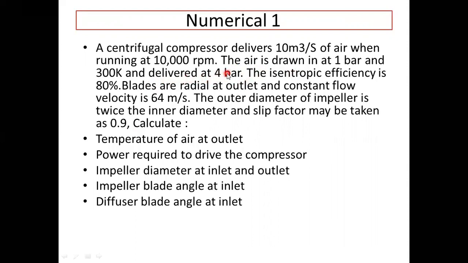Means these are purely static properties. Okay. So in some of the numericals, they have mentioned the ambient conditions. Ambient condition is always the stagnation condition. While discussing the TS diagram, we have already studied all these things, where the temperatures are static, where the temperatures are the stagnation ones. Okay. So in this case, the properties are given as static. Okay. So there is a T1 and T2 only. Got it? And you have to find the temperature of air at outlet. Okay.